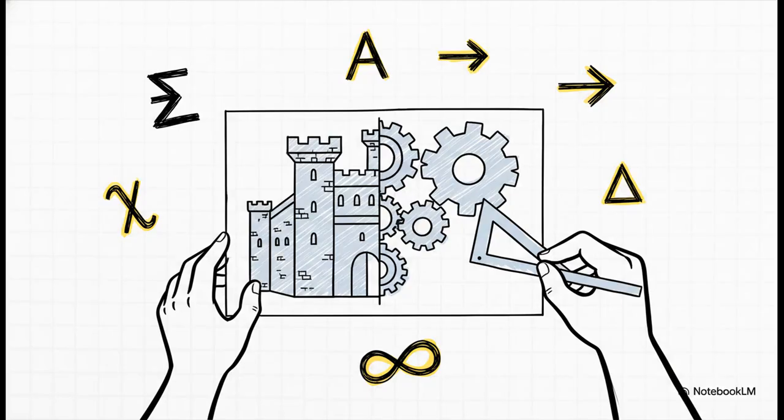Now, the architect approach is completely different. The architect isn't trying to find mistakes, they're trying to eliminate the possibility of mistakes ever existing in the first place. This is done through an incredible process called formal verification, where you use pure mathematics to prove that your code will behave exactly as you intended it to.